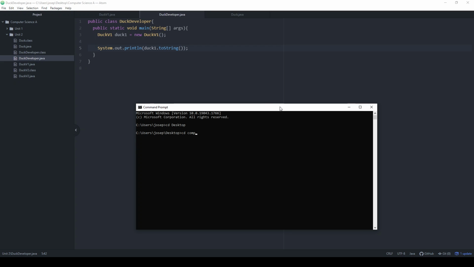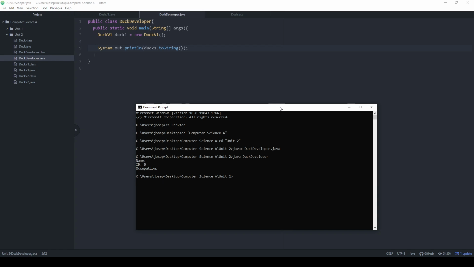Desktop and computer science A, and we're in unit 2 now. And I will compile my DuckDeveloper.java. All right, it worked. Fantastic. Then I will actually run it, and we will see that I did in fact create a new duck, a Duck v1 to be specific. And the reason that this happened is because every class that I